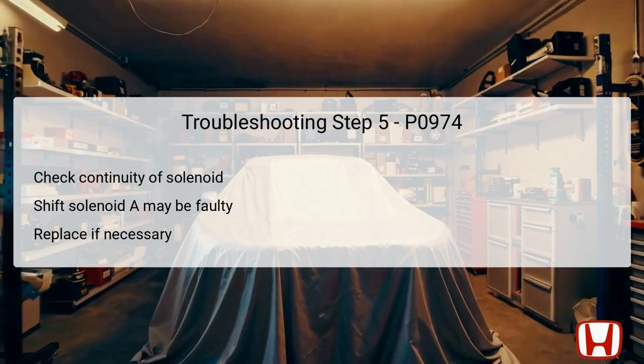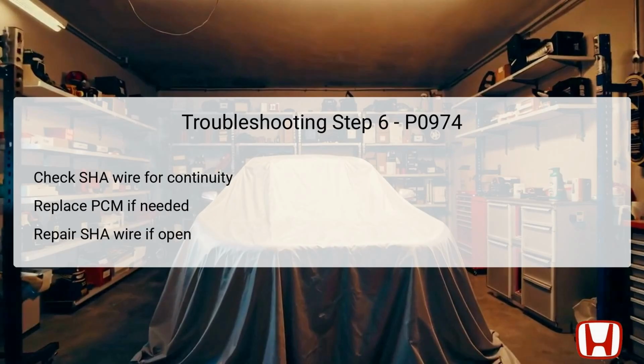If continuity is present, it suggests that the shift solenoid valve A is faulty and needs replacing. This may involve replacing the entire secondary valve body, which houses the shift solenoid. If there is no continuity, the solenoid is functional, and further examination of the wiring connected to ground must be performed. In the final troubleshooting step, with the vehicle still off, remove the jumper wire once more before proceeding to